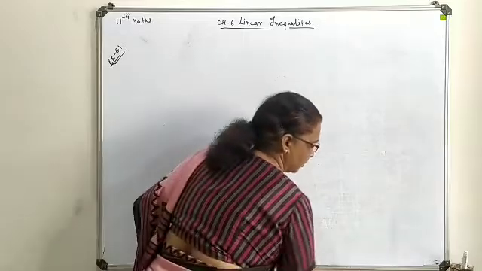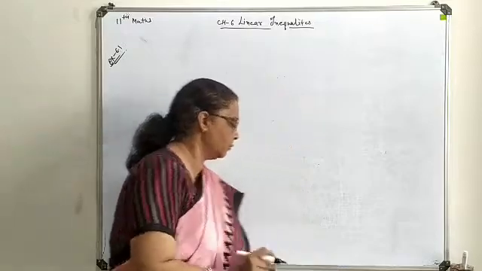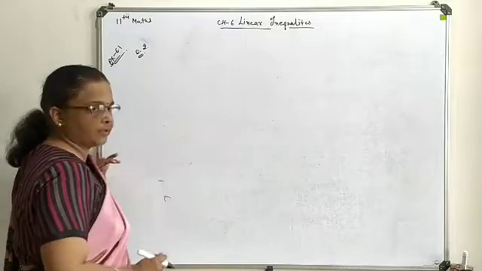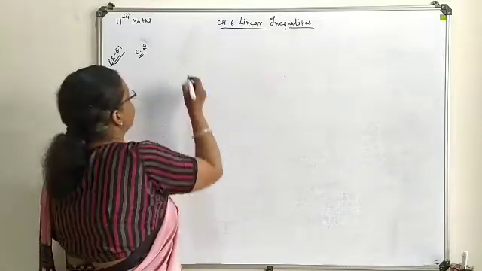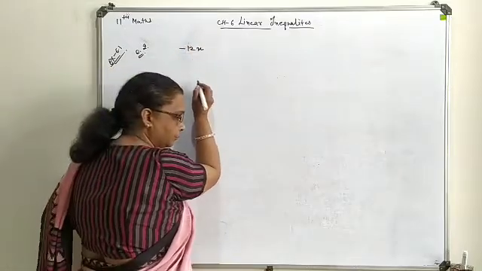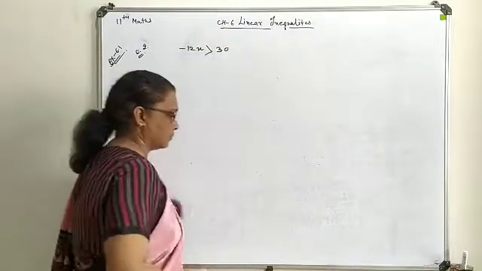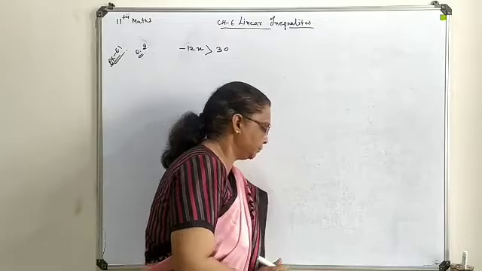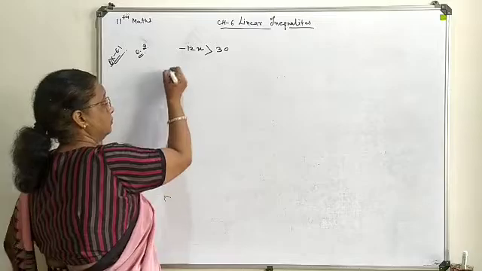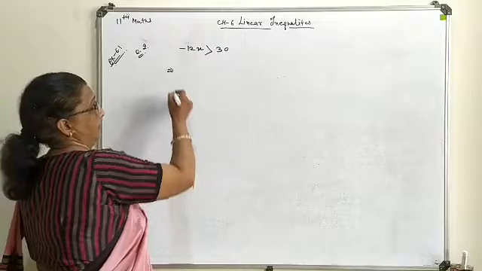Now we talk about some particular case. Let's move towards exercise 6.1, in which we are going to solve the second question. In the beginning, all four questions are of the same category, so I am going to start with the second. Here we have to find the solution for minus 12x greater than 30. Now first of all, divide both sides by 12.